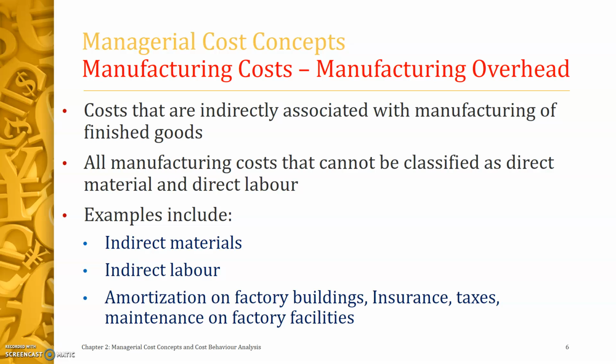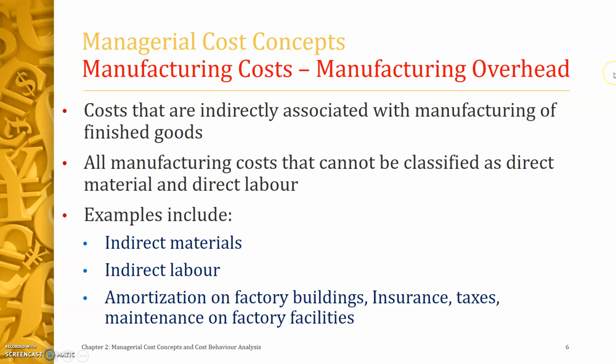This brings us to the third and the last of the three classes of manufacturing costs called manufacturing overhead. Manufacturing overhead consists of costs that are indirectly associated with manufacturing of the finished products. Manufacturing overhead may include manufacturing costs that cannot be classified as direct materials or direct labor. Manufacturing overhead includes indirect materials, indirect labor, depreciation on factory buildings and machines, and insurance, taxes, and maintenance on factory